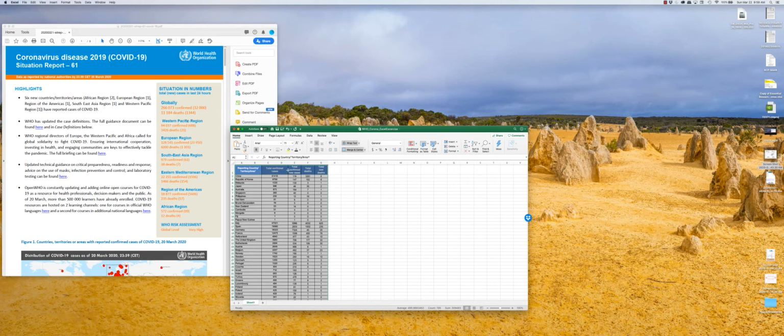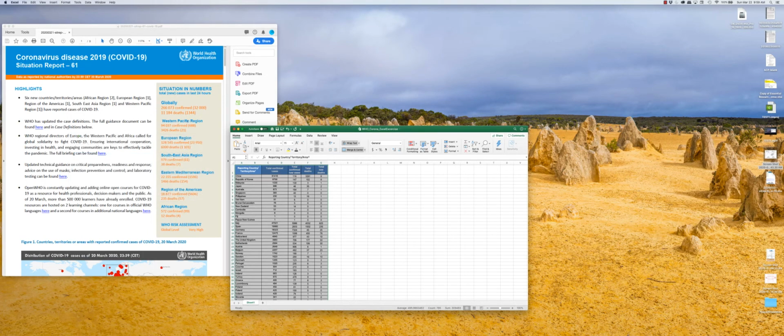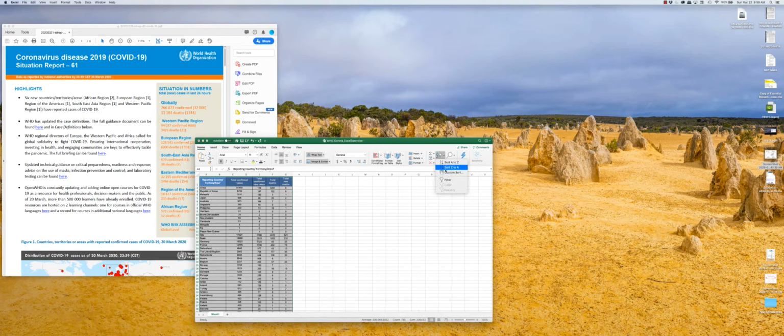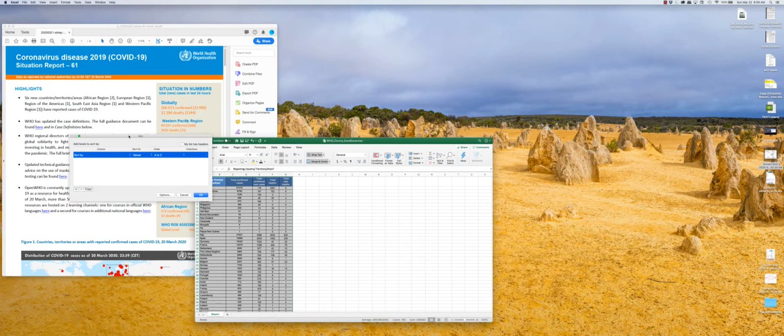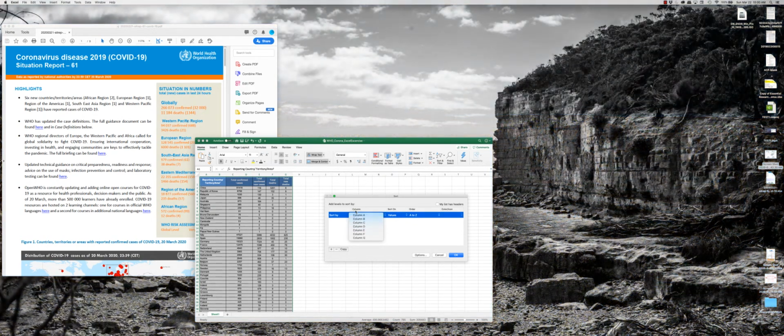So if you go ahead and highlight everything, because these have what they call a header file on them, they have labels on the top cells. You can go up to data sort, and this little window will pop up. The other thing you can do in Excel that's both on Mac and Windows is it's here, sort and filter. And if you go to custom sort, you'll get this same window. Now, because we have header files, we can sort by these different columns. Right now, obviously it didn't pull up the header files, but let's say we want to sort by column F, because that's the total number of deaths, and we actually want to put this largest to smallest. And so what it'll do,